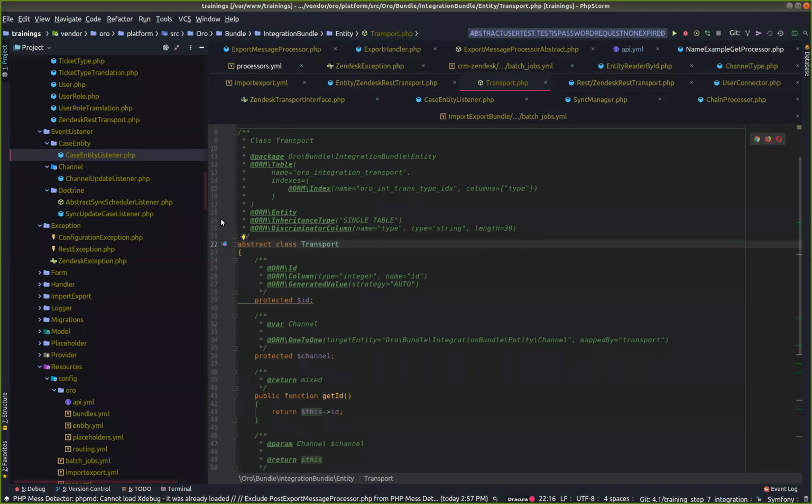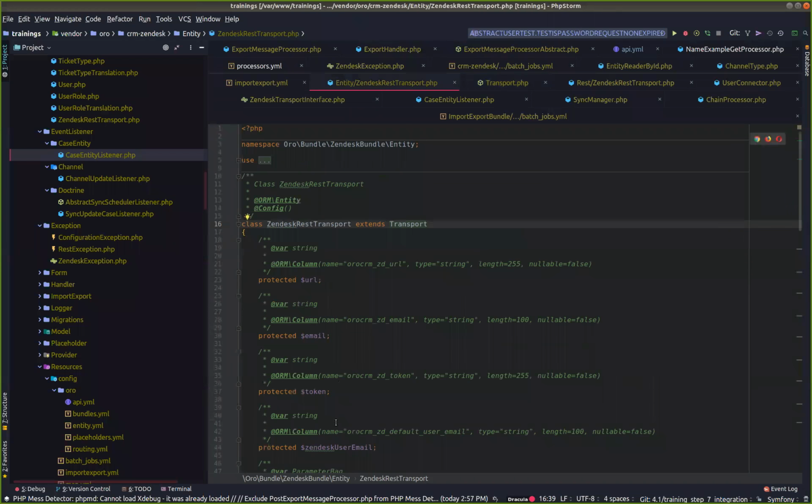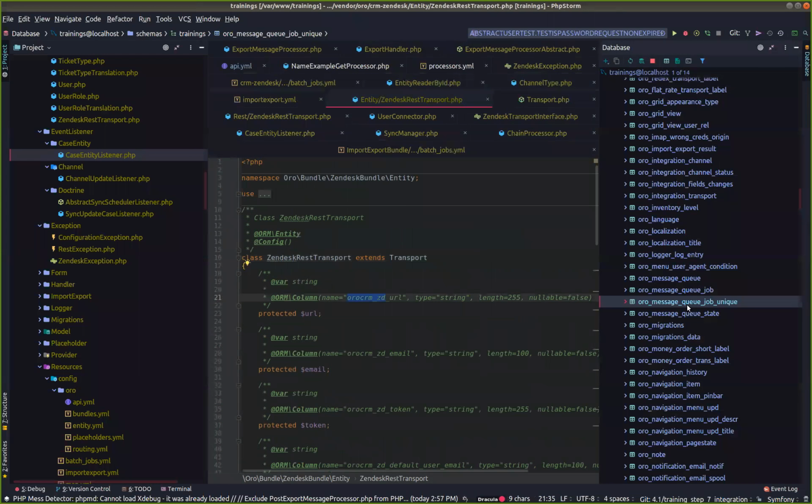Okay, so the transport has the information about the ID and the channel. And then for your integration, you're adding additional columns. Just please remember they are sharing the same table. So you should prefix them with the integration prefix. For example, CRM Zendesk. So then if I open the table,